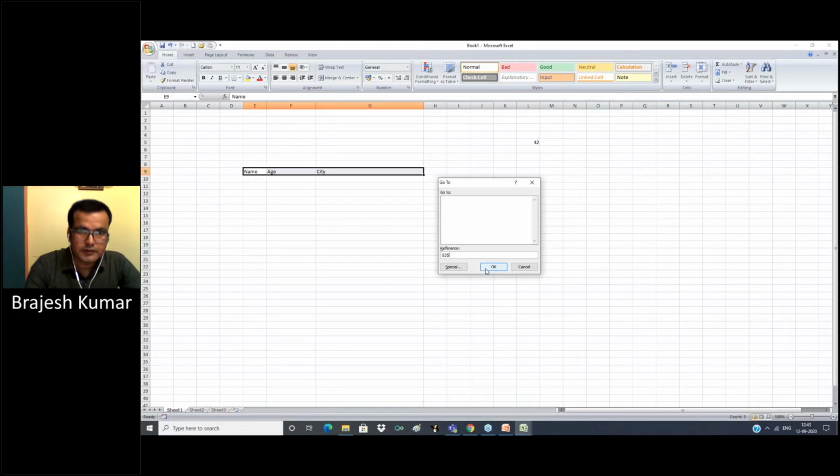It will highlight the cells from E9 to G35.